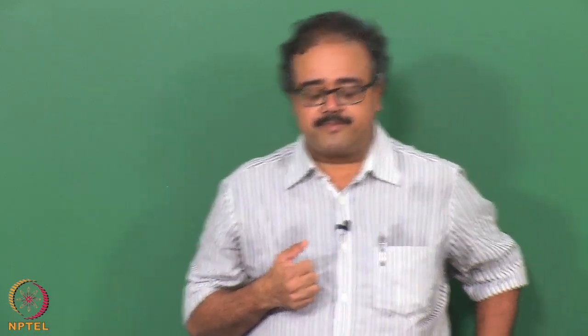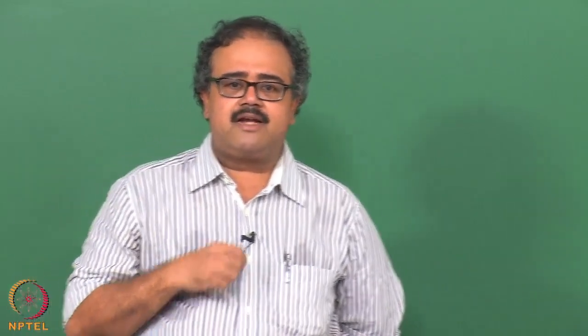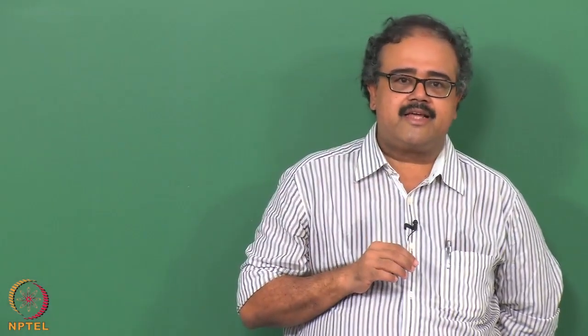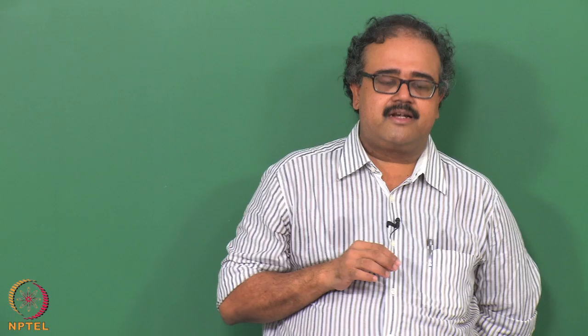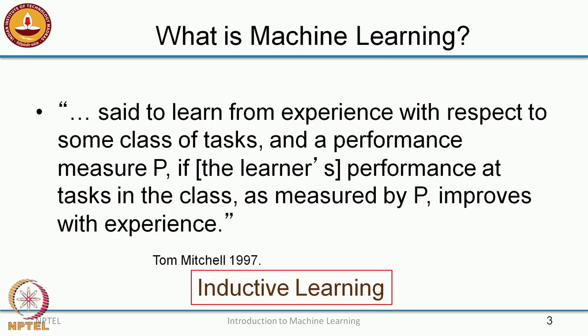And the second thing we need is a performance measure P. In the absence of a performance measure P, you would start making vague statements like, oh, I think something is happening, there seems to be a change, there is some learning going on, and stuff like that. So if you want to be more clear about measuring whether learning is happening or not, you first need to define some kind of performance criteria.